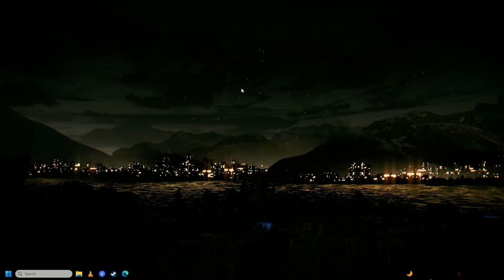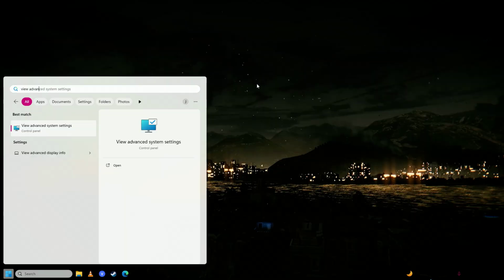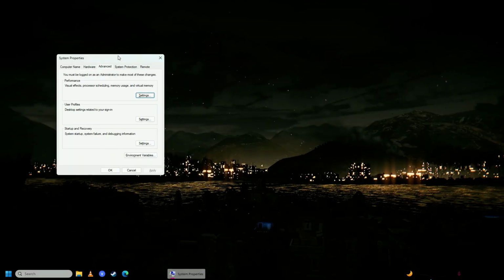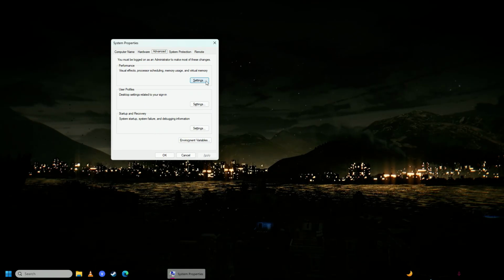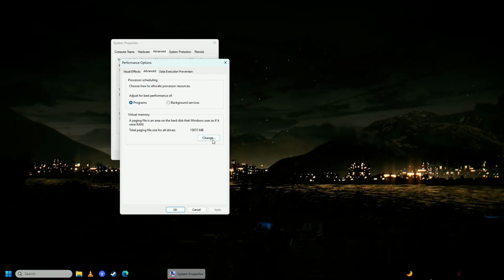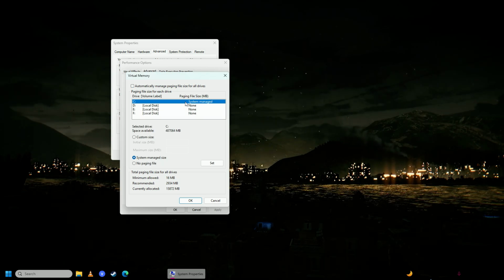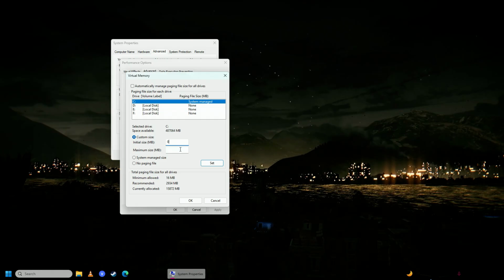First off, what you're going to do is open up your start menu and right here, view advanced system settings. Open it up, go into Advanced, then click Settings, then click Advanced here, go into Change here, uncheck automatically manage paging file size, select your drive, click Custom size here, set both initial and maximum size to 0 MB, click Set here first,